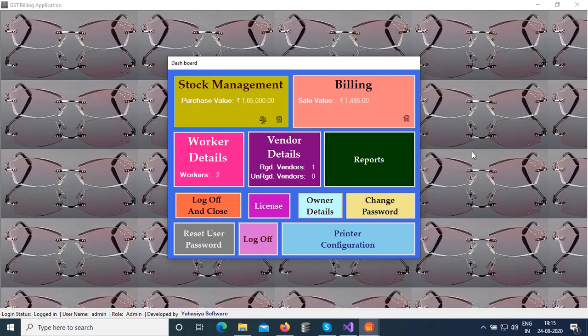Today we are going to see a new feature that we brought to our GST based billing system.